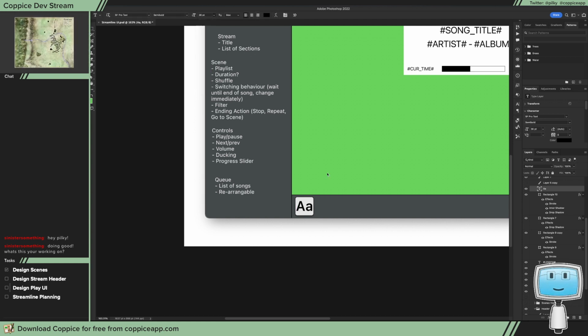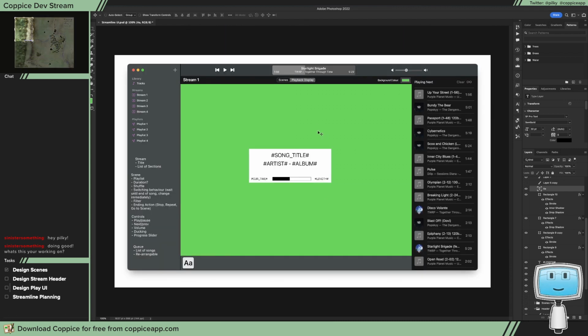I am currently working on some more design for Streamline. One of the features is going to be the ability to create a custom playback, so that you can pop this out as a window, do a window capture in something like OBS, and actually just stream it, put it into your stream overlay or something. So we're building how you would actually go about